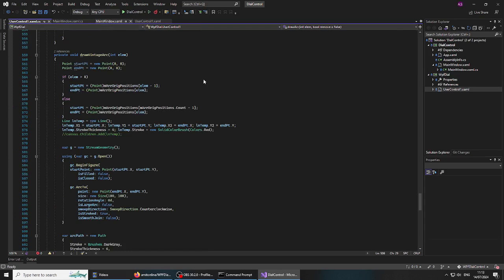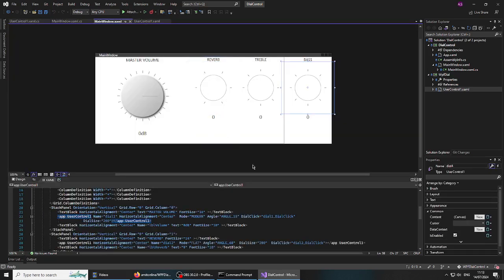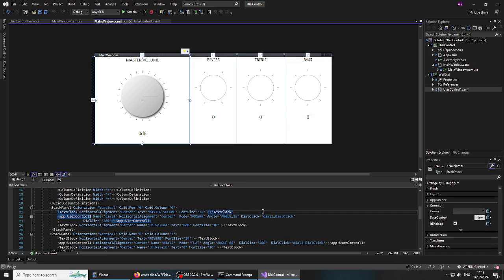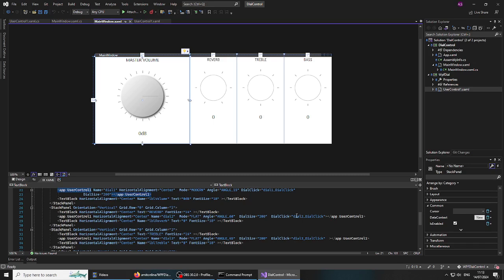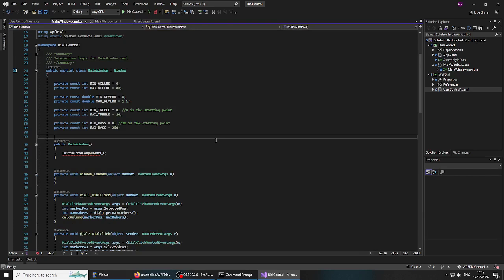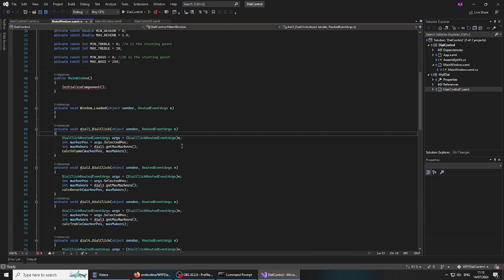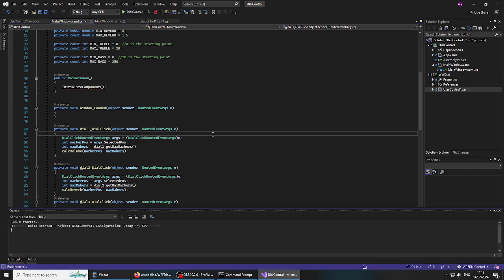If you look at the test application, each user control has this event handled, which is the dial click event. So each instance has its own dial click, and the dial click event is happening here. What it basically gets is the selected position of the marker. So if I run this code,